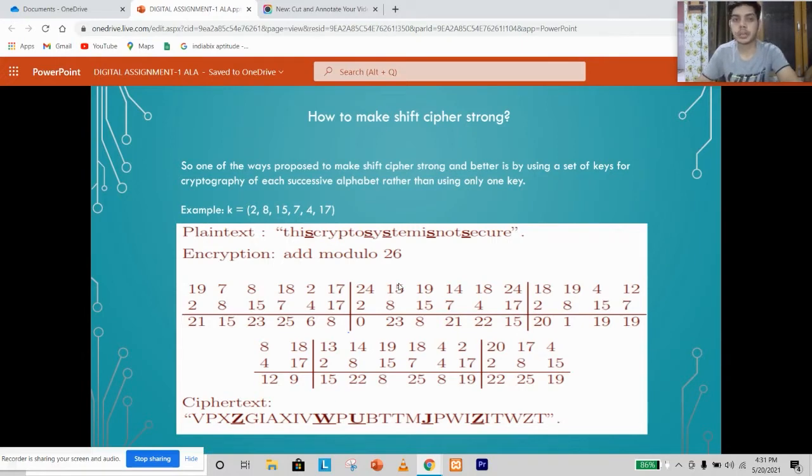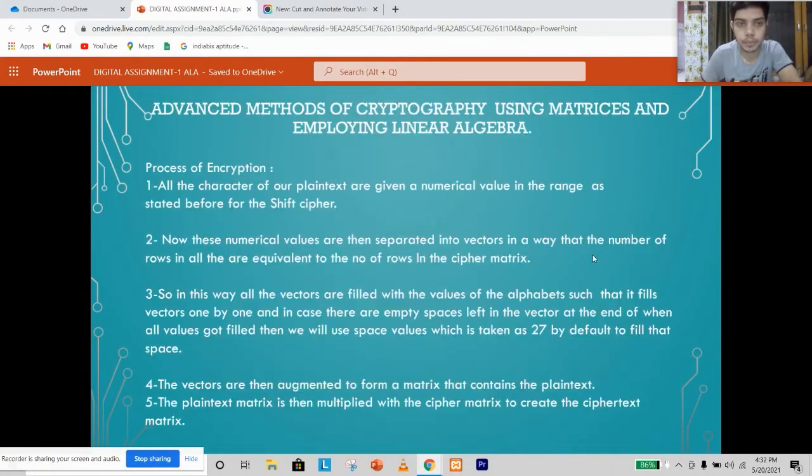So we'll be taking cryptography to a completely new level with the introduction of linear algebra and matrices as keys, which I'll be covering in the next session. So here is the theory related to how we use matrices for the purpose of encryption. So let us cover all the points one by one. What we do first is that we again convert all the plain text alphabets to numerical values. Then the values are separated into vectors. The values that we get, we'll be separating them into vectors and arranging them in a matrix form. The next step that we do is that,